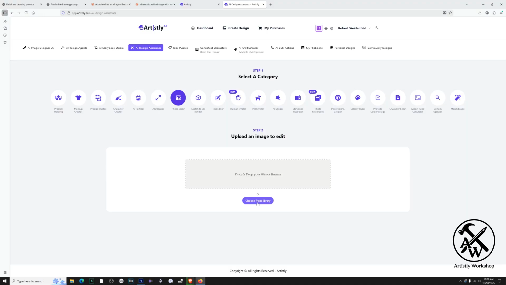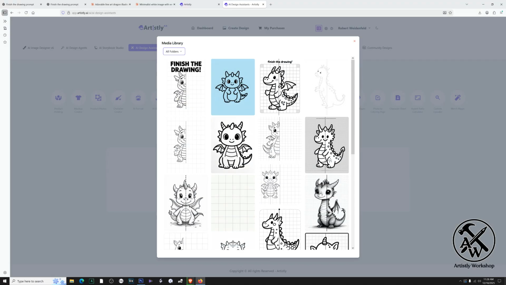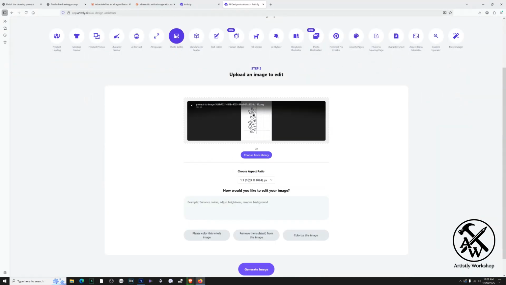Let's do Photo Editor. Let's choose this. Where was our nice one? I think I have to upload it. No, it's this one, right? Set the 3:4. Add text at top. Finish the